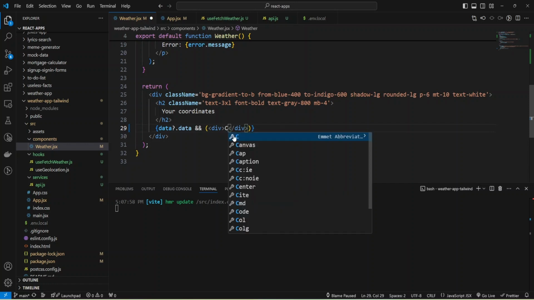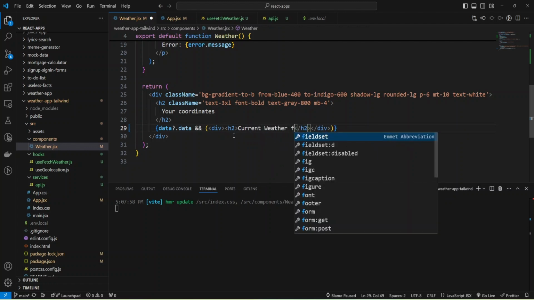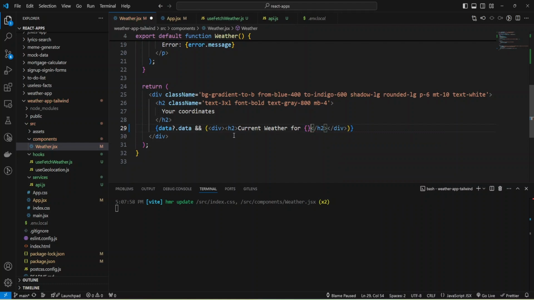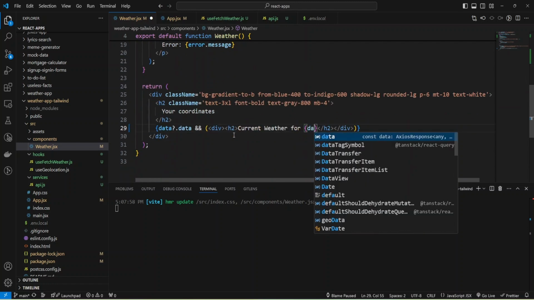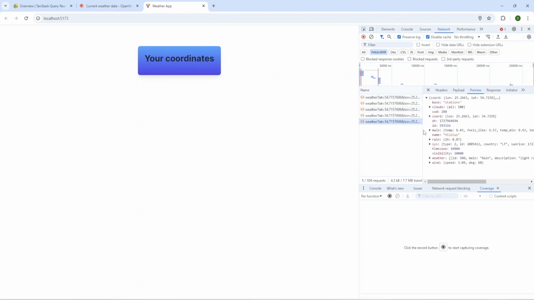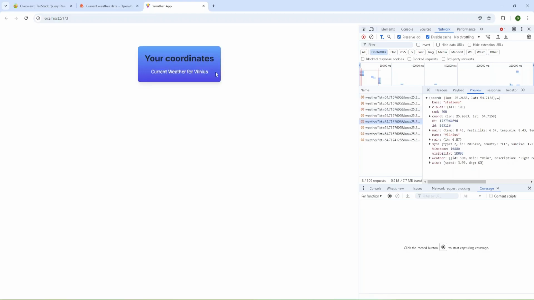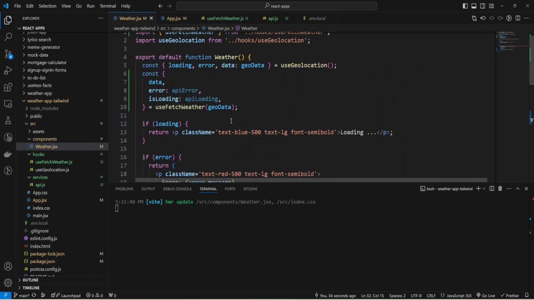Let it be, we need probably an h2 tag, and provide current weather, and get our name from the data. Okay, let's try data, and let's check what we have inside. We have name. Let's try name. Okay, and let's check. Okay, we have our value.